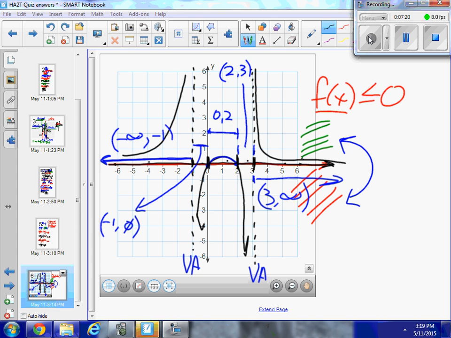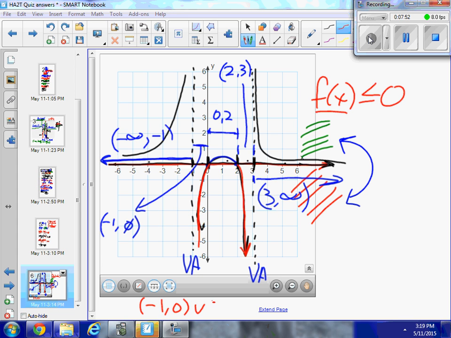In this particular graph, if I want to find where is f of x less than or equal to 0, well, it looks to me like the only places that it's less than or equal to 0 is this piece right here and this piece right here. So those two intervals where it is less than or equal to 0 are the intervals, what did I say here? -1 to 0, -1 to 0,